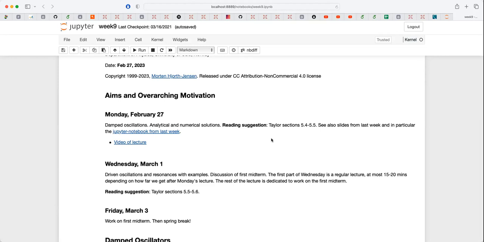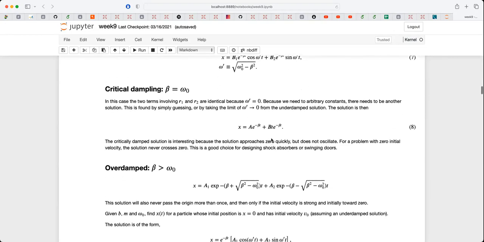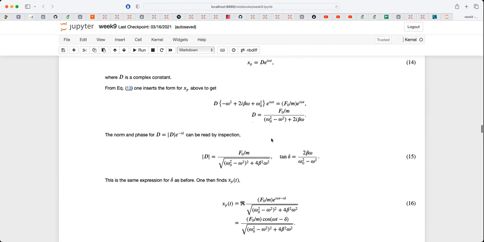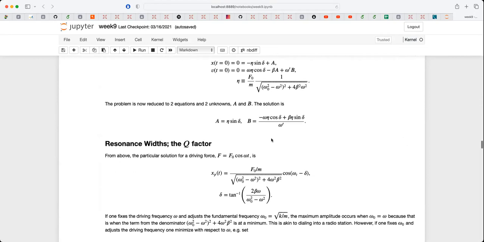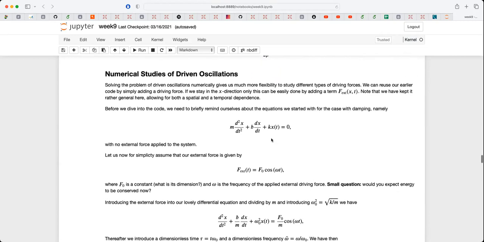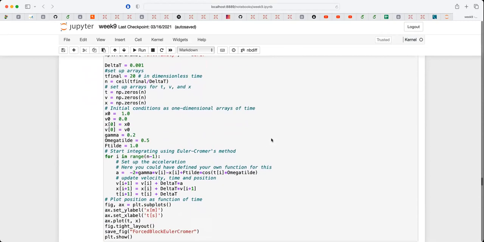The code, which you will find in the lecture notes if you scroll down here, implements the solution of both damped oscillations and driven oscillations. The driven oscillations is something we will go through in detail after spring break, but I just wanted to sketch the solution here. And in the code, which you see here, this is a simple code, and it implements the